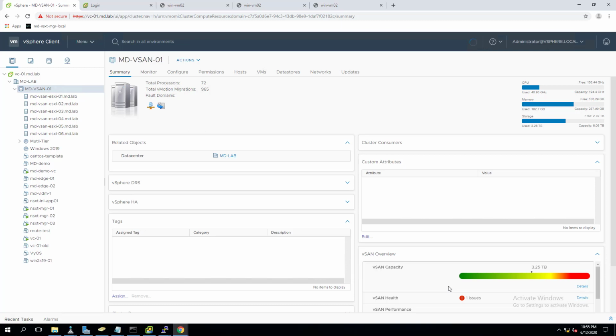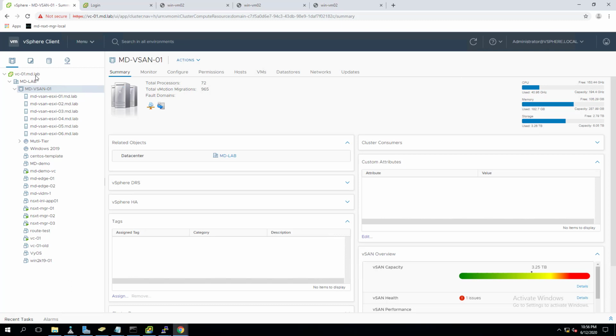In this video I will explain how we can customize the HTML5 client, such as changing the time format and the language preference of your vSphere client, and also how you can change the views when you manage the infrastructure.